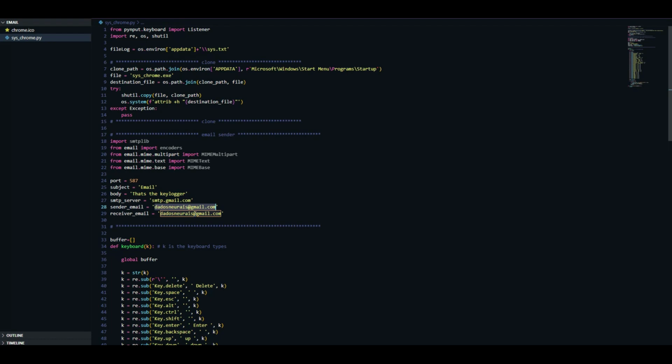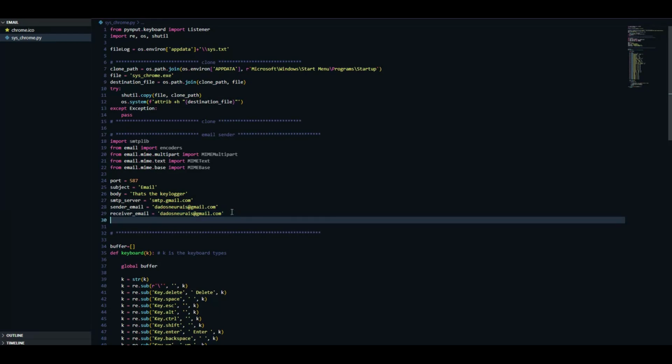This email is sending and that one is receiving. That's because we need to take the text on our email, okay? The password, let's leave it empty for a while, but we're gonna change it soon. So you need to create your own email with Gmail, like we are using smtp.gmail.com. Okay,